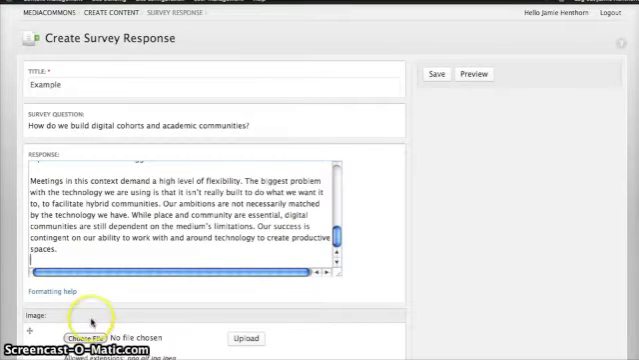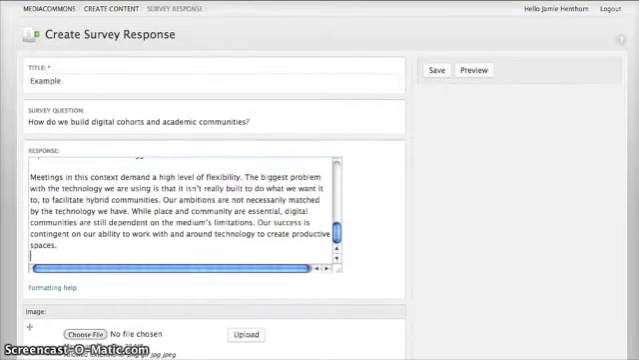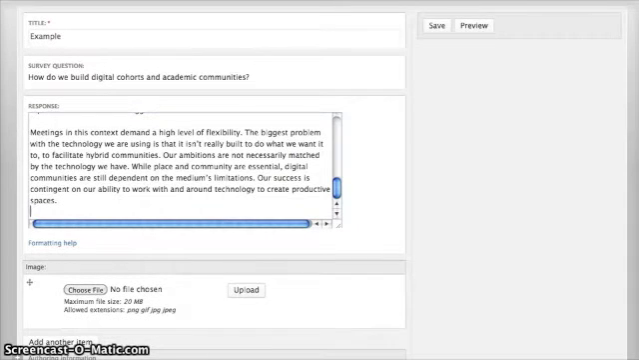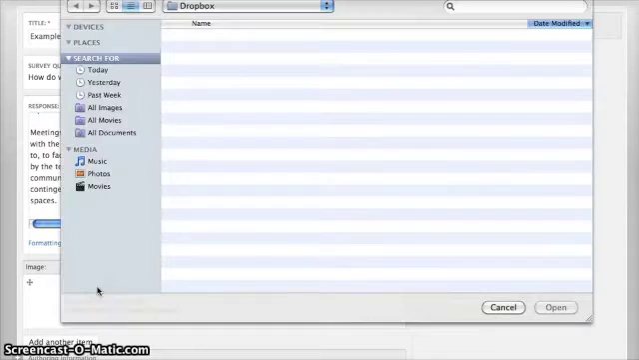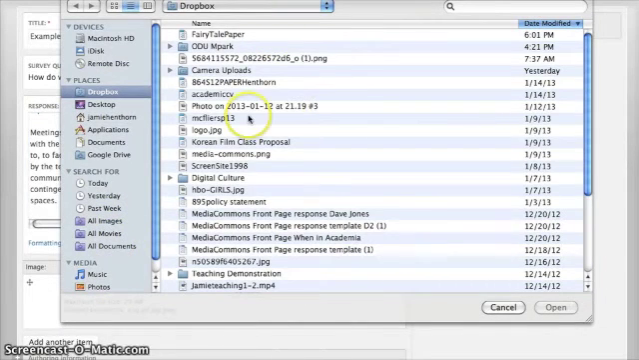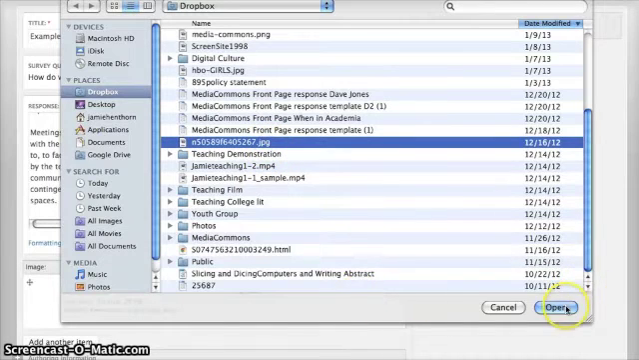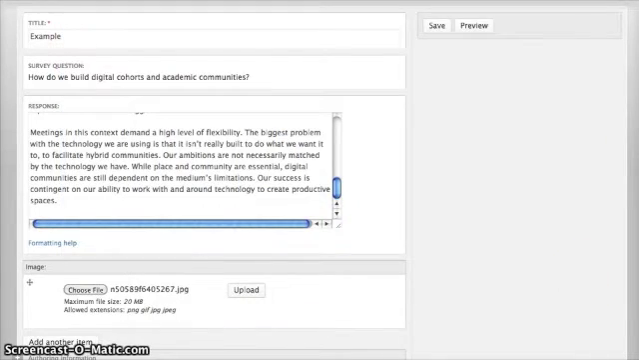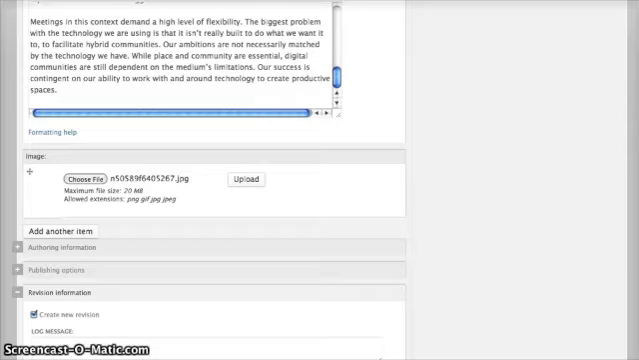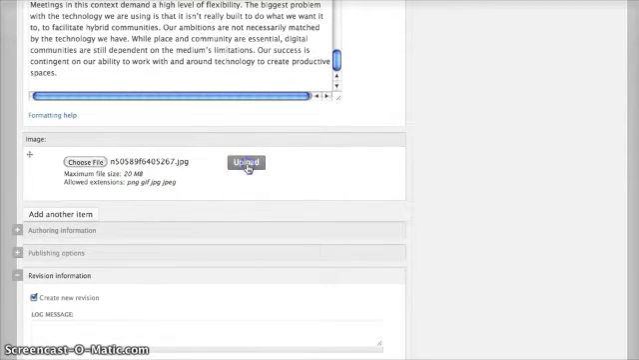I also now can choose an image that is associated with it. This is for inside the text itself. This isn't for the carousel. But what you do is you go ahead and choose a file, and it'll pop up whatever is on your computer, and you can find a picture. Most of the pictures for these, push upload,